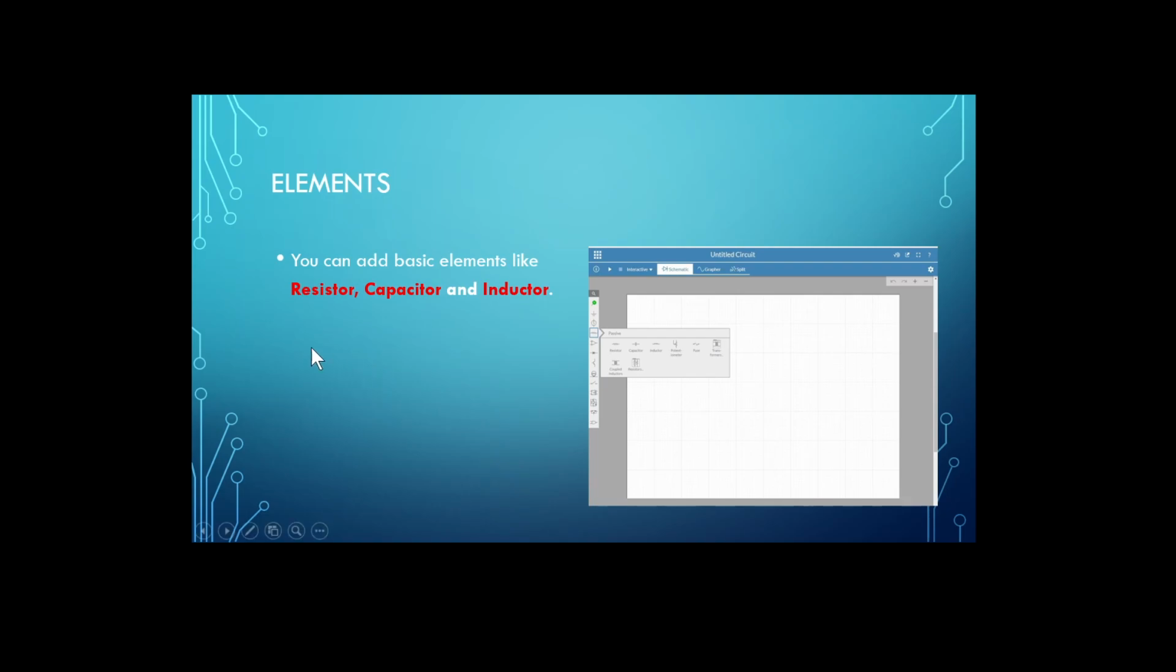So essentially resistor is a passive circuit, whereas capacitor and inductors have the ability to store energy for a period of time, whereas resistor just dissipates energy. So these are the basic elements that you will be using a lot. All right,